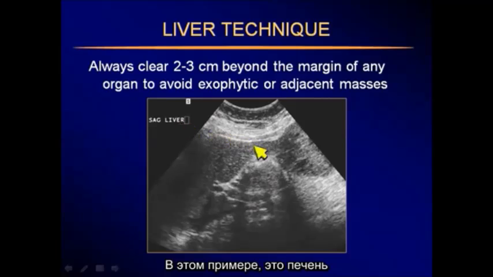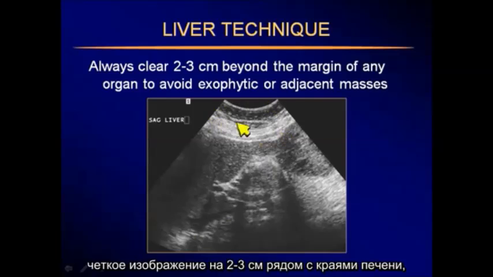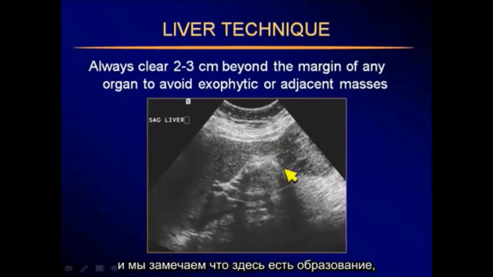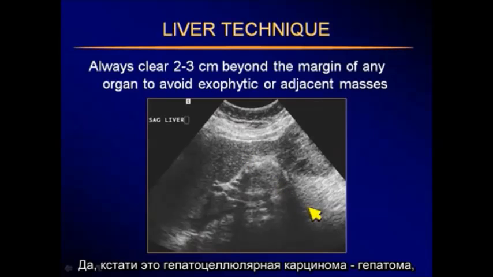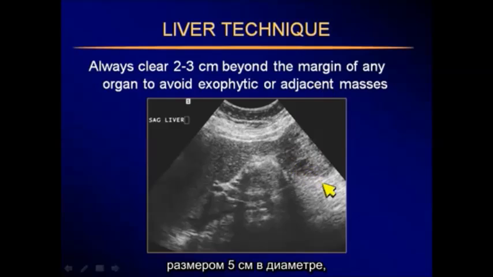In this case here, this is the liver. The inferior edge of the liver would be here, but because we were trying to clear 2 to 3 centimeters beyond the margin, we noticed that there was a mass hanging off the inferior edge of the liver. We would have never seen it if we would have stopped our picture at the inferior margin of the liver. And by the way, this was a hepatocellular carcinoma, a hepatoma, 5 centimeter hepatoma hanging off the margin